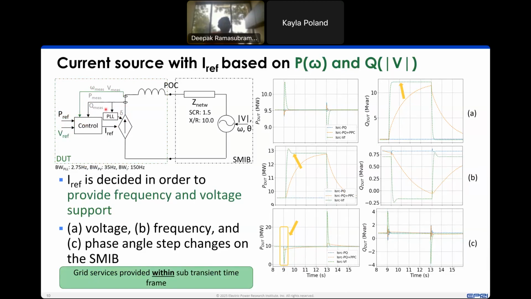The PLL remains the same. The active way in which the current references are generated also remains the same. And you start seeing a very different response. So now you start seeing that for a voltage step, you see a much faster response from the inverter-based resource. For a frequency step, you start seeing a much faster response from the inverter-based resource. For the phase angle change, you see a much larger amount of response that comes in. Which means that this inverter-based resource now provides response and services within the subtransient time frame itself, as indicated